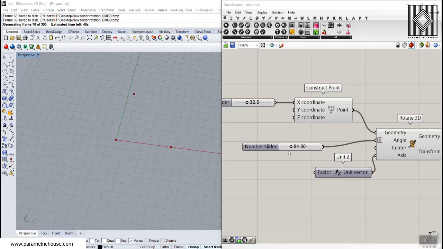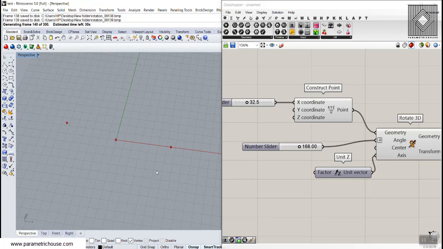If you want to change it step by step and have a picture from it. In this part you're going to see the number slider finishes the 300 frames now.